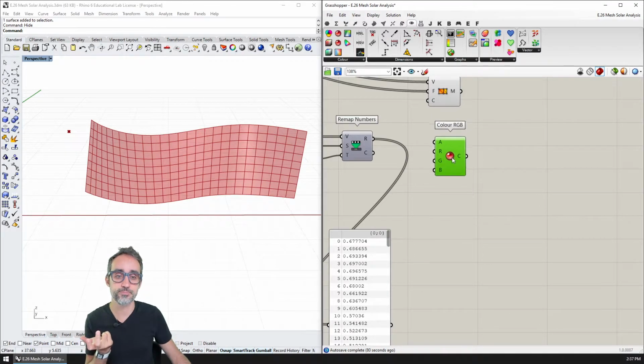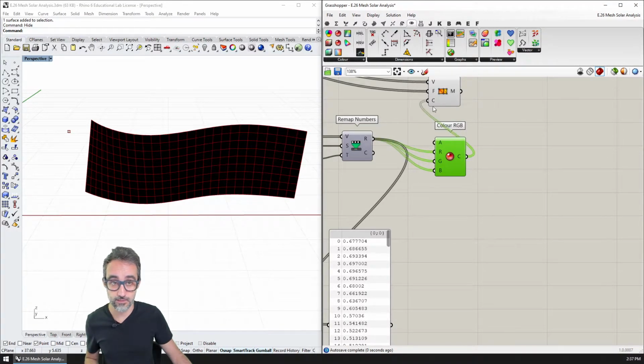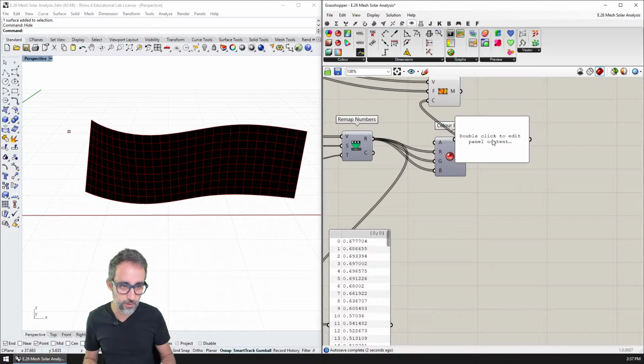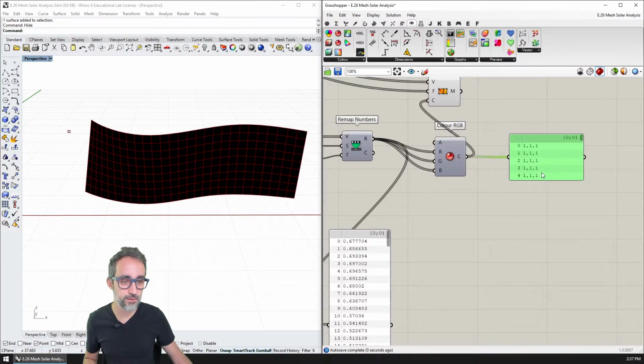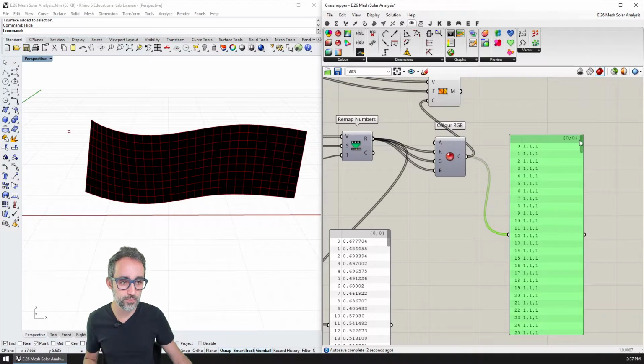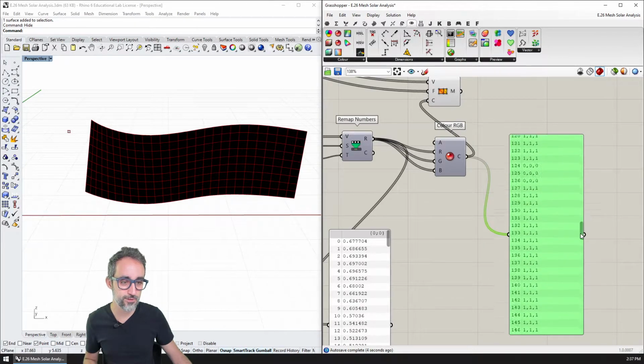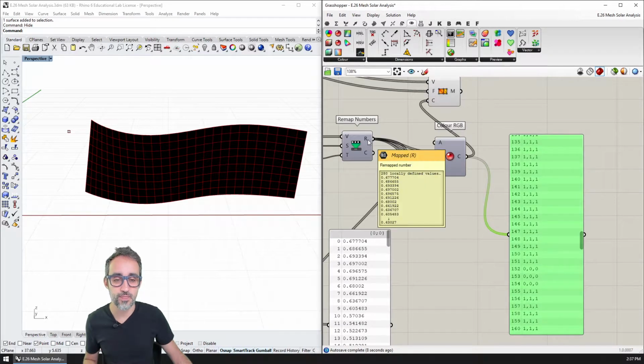So what I could do is plug in here the values that I have calculated and then use this as the color. However, the problem with that is that it's going to give me colors that are 1, 1, 1 in the best case, and sometimes it's going to be 0, 0, 0, because the numbers here go from 0 to 1.